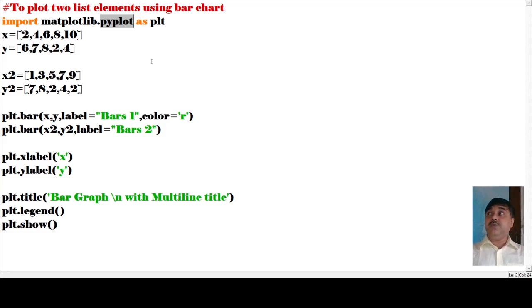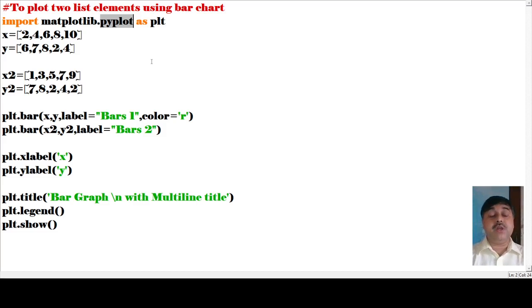As we are calling pyplot, we want to design one graph, a bar graph.